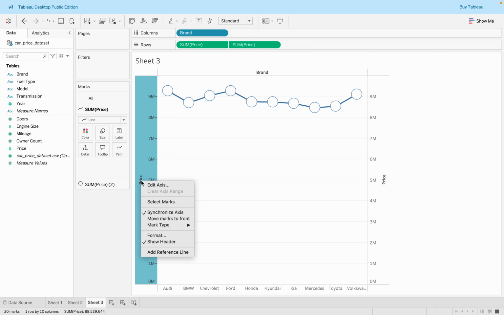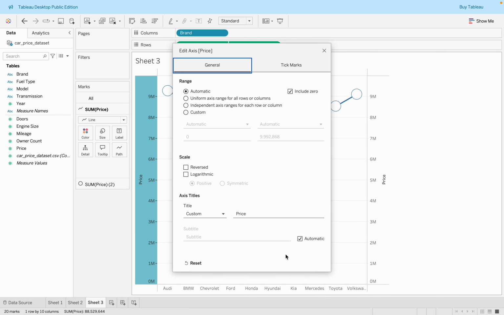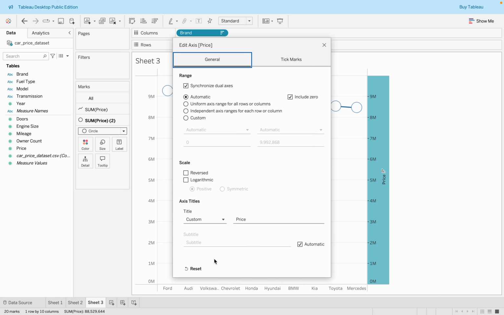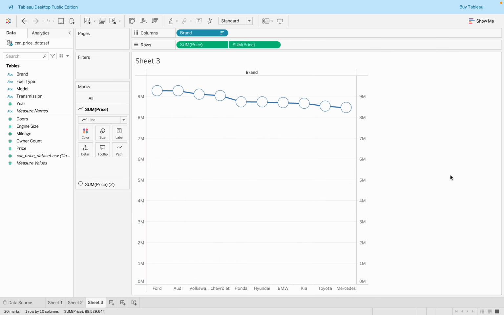So I right click on the axis here, I say edit axis. I want to remove that title here. I remove that title, it goes away. I do the same for the right axis. I click here, edit axis, and then the title moves away. So even up here I can do the same. When I click on the title,